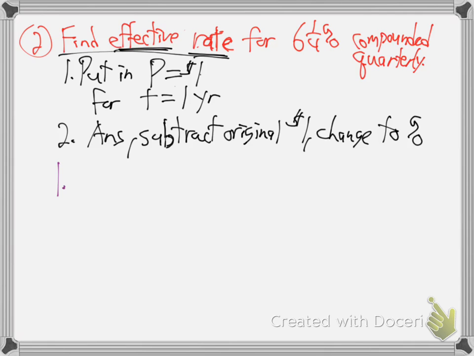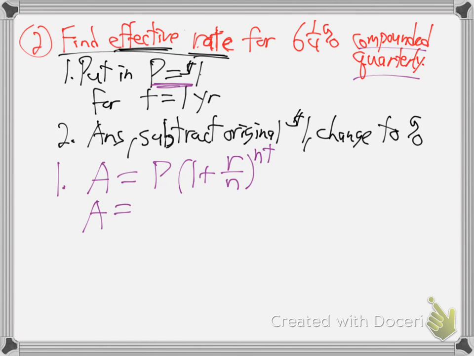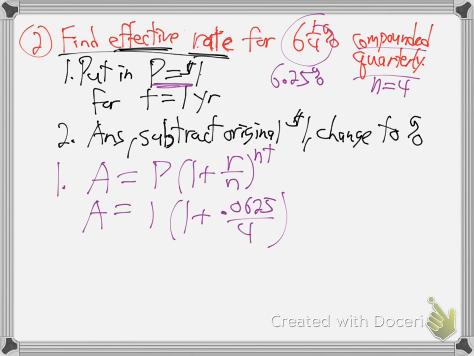So let's do step number 1. The formula for compounded quarterly is P(1 plus r over n) to the nt. So we put in P is $1. The rate is 6 1/4. That's 6.25%. So that's 0.0625 over n. n is quarterly, so that's 4 compoundings per year. The time, you put in 1 year. $1. P is $1 for t is 1 year. Hit the buttons in your calculator,